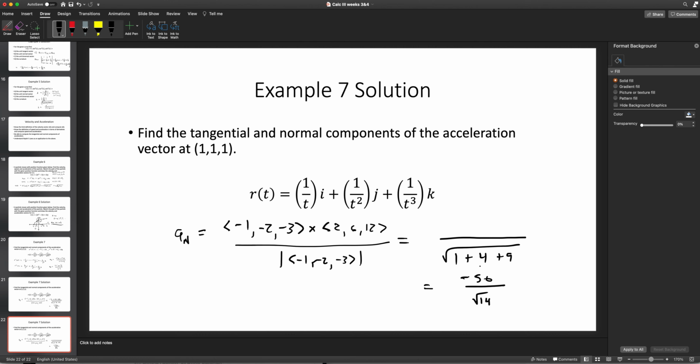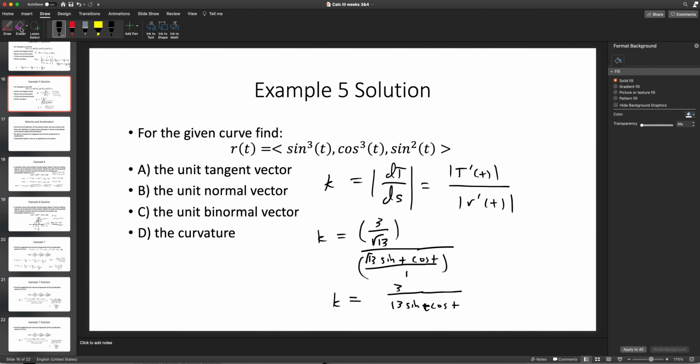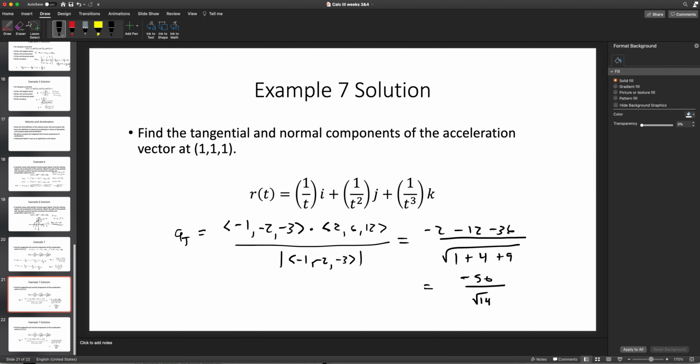Now, a thing that's going to be different here is, this is still negative 50, wrong slide,